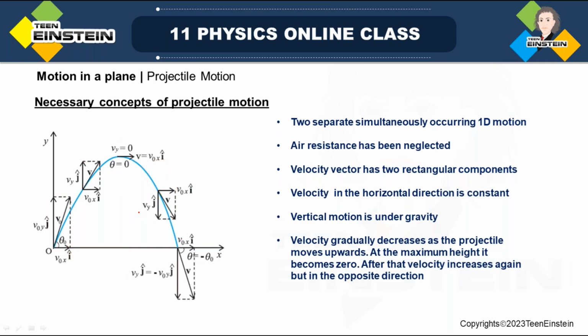So when we project a particle, suppose we throw a stone at an angle theta, obviously it comes to the ground again, but not at the same point from where it was projected. When it lands on the ground again, it doesn't land at the same point because it has two motions. One is along the horizontal direction, another along the vertical direction. So the point where it lands is this point. This is the landing point over here.